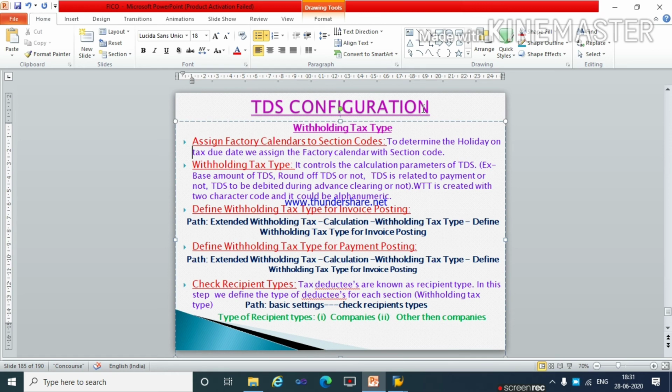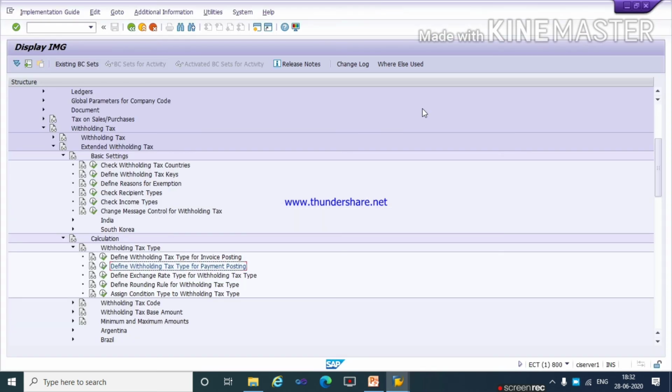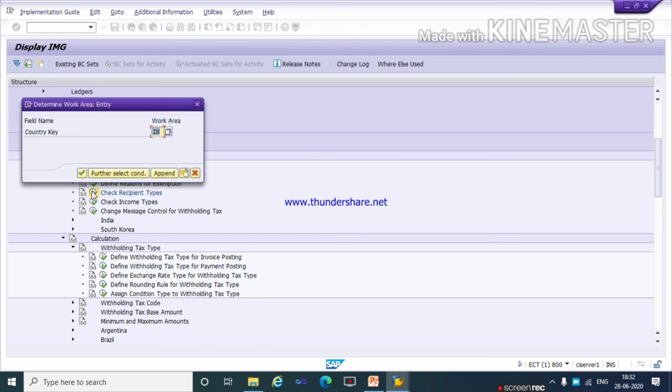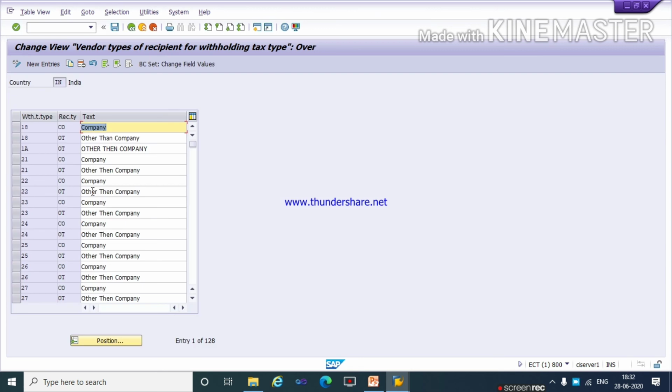So, we will define check recipient types. Go to SAP. The path is the same in extended withholding tax, basic settings. In basic settings, there is check recipient types. In SAP, check recipient means the deductees.